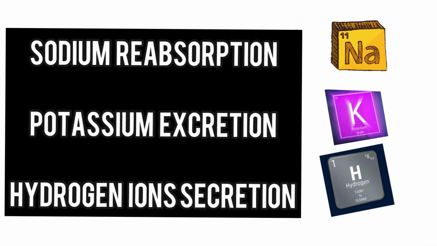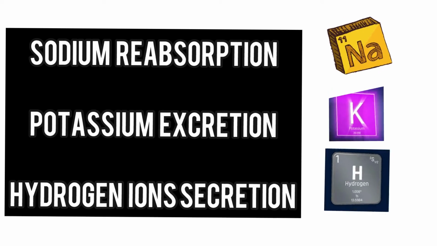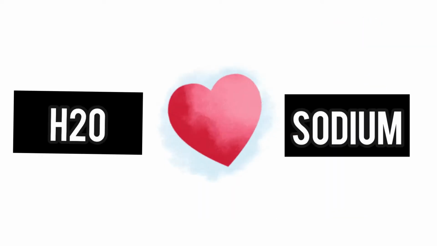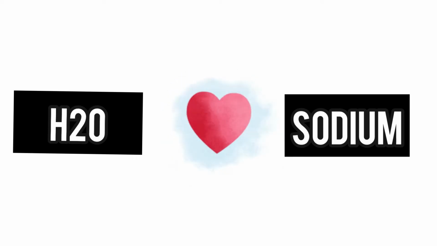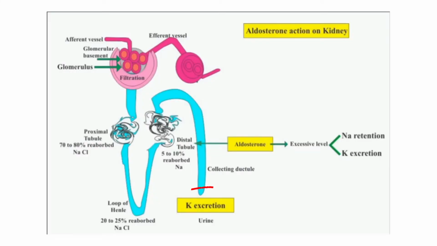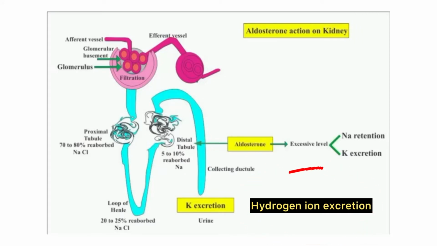The three most important functions that aldosterone does for us. First, it increases the reabsorption of sodium. Also, water has a great affection for sodium, so it follows sodium osmotically. This helps to increase the blood volume, which in turn helps to increase the blood pressure. The second most important function of aldosterone is the excretion of potassium. Last but not the least, aldosterone is also responsible for hydrogen ion excretion from the intercalated cells of the